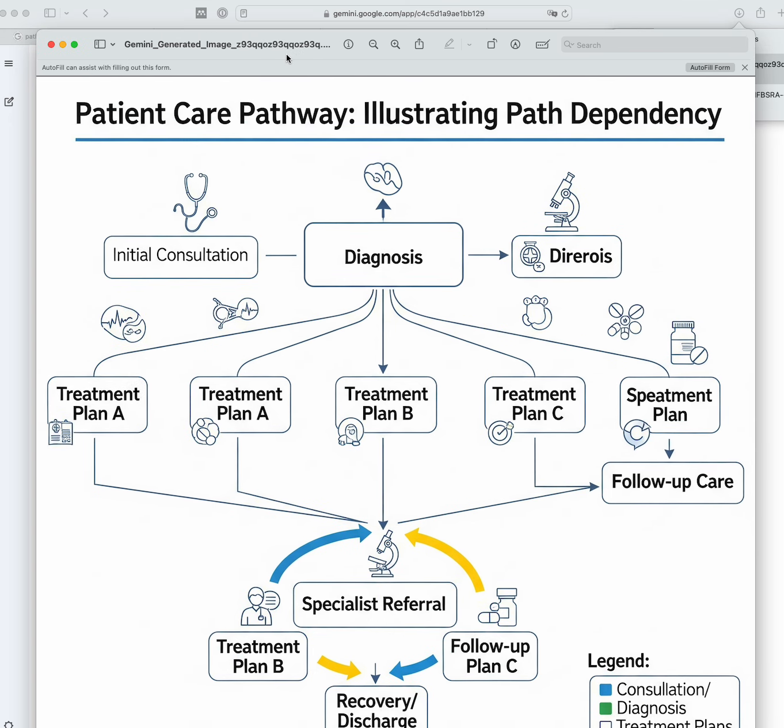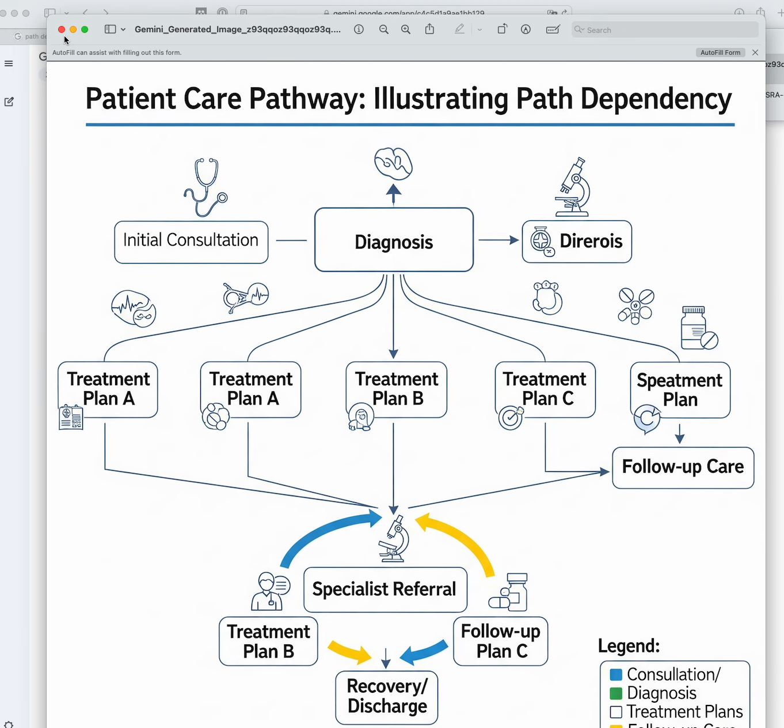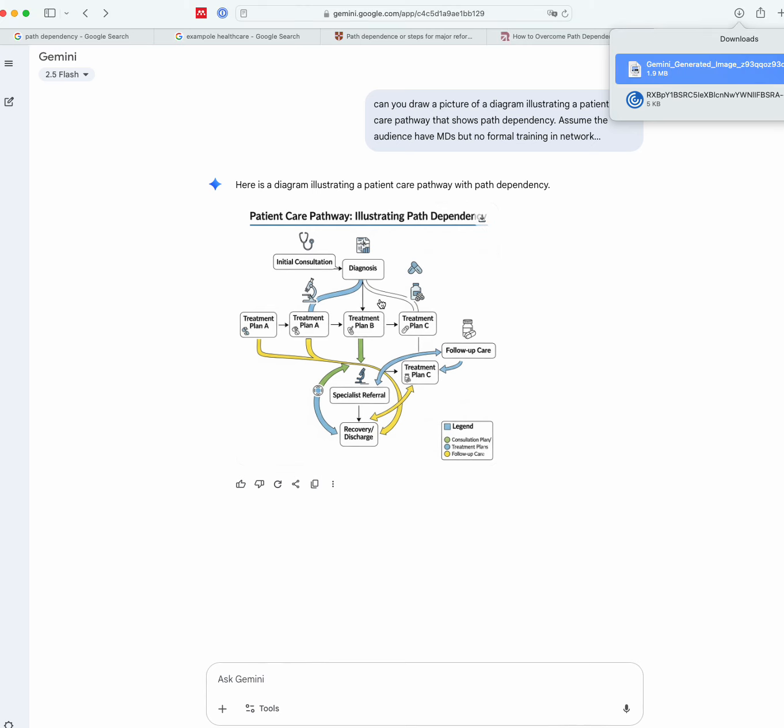So again, I'm not knocking the diagram that was actually output. The problem is at the system level. When you download a figure that the model outputted, you want to have the exact figure you're looking at, not a roughly similar figure that we're hoping you catch problems with, including whatever the hell a Speetman plan is.